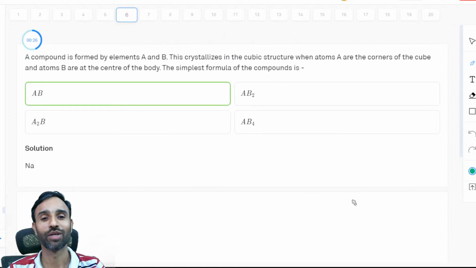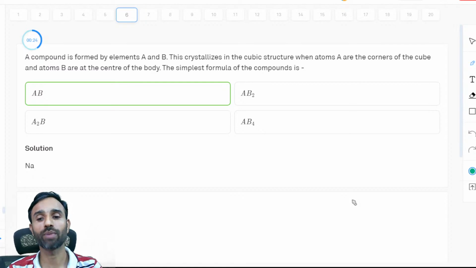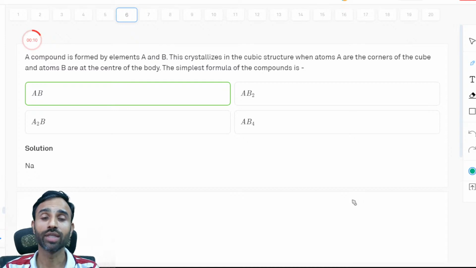चलो, क्वेश्चन इज: a compound is formed by elements A and B. This crystallizes in the cubic structure when atoms A are at the corners of the cube and atoms B are at the center of the body. तो simplest formula of the compound आपको find out करना है।